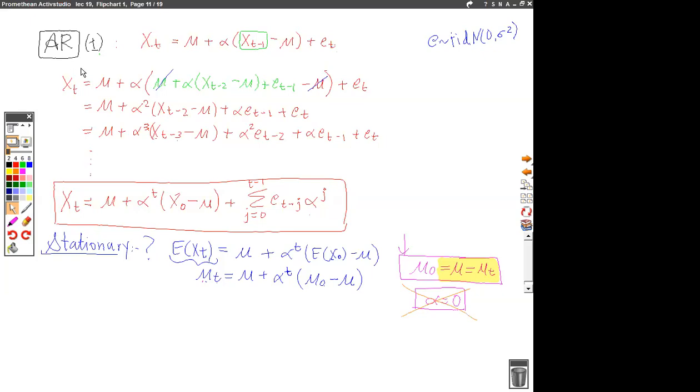So we started off with the AR model, right? And when I'm talking about the AR model, it is just an autoregressive model where what I do is I regress my XT upon its